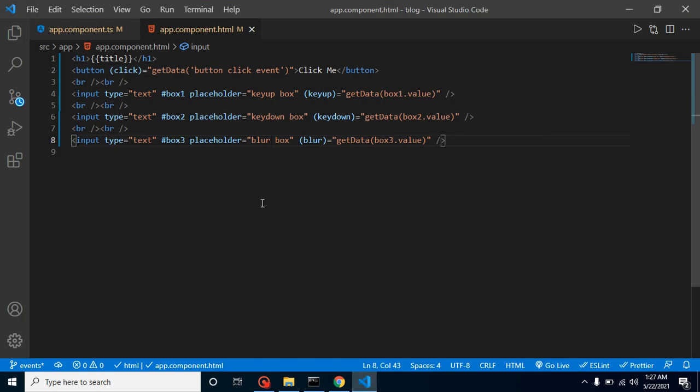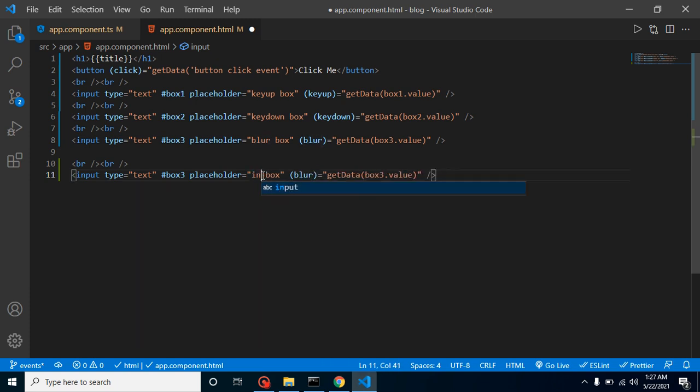All right. Now let's learn one more event which is really important, which is input. You can simply put input here, and it will work like the key down and key up events. And again we have to put box 4 and 4 here.